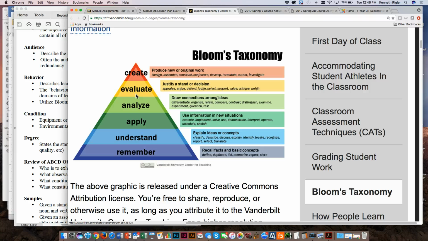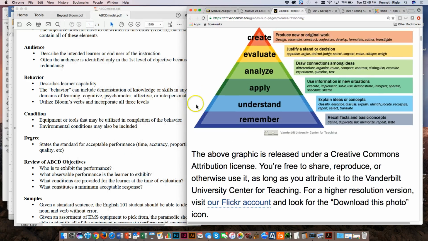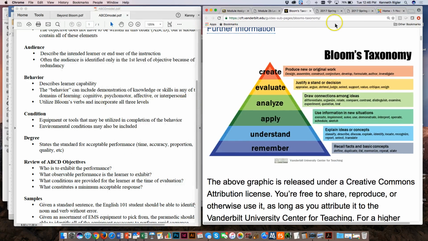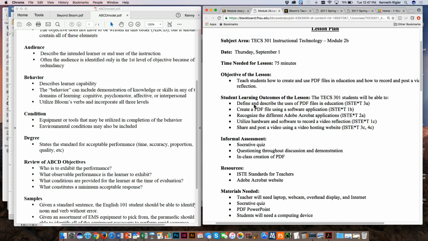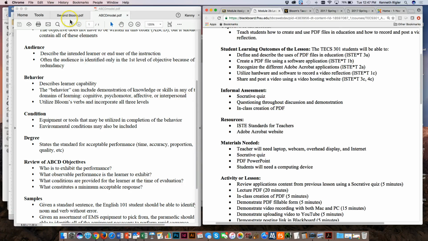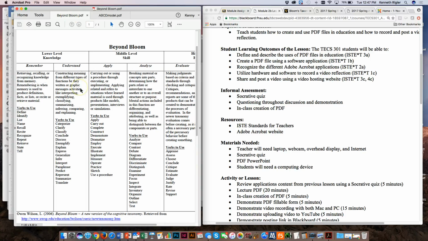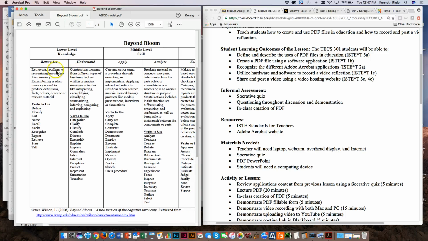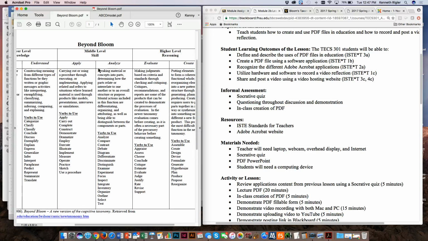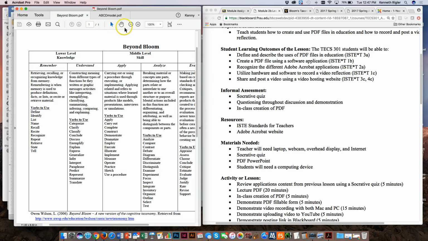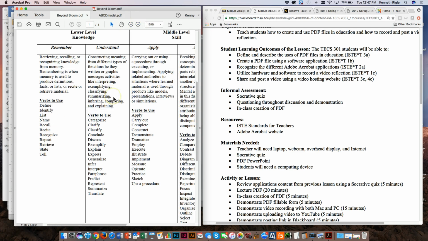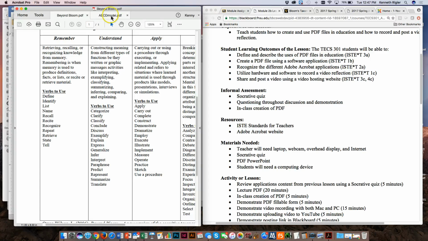So to bring that back to our lesson plan, your learning outcomes should have a balance of all of those. And that's something I will be looking for in this, is that you use those different levels as you are writing your learning outcomes. And so I've given you a handout there. Here is a handout, Beyond Bloom. You can see here we have at the lower levels, remember, understand, middle level, higher level. Okay, and below you have some verbs there that you can use as you are writing your outcomes. Okay, so